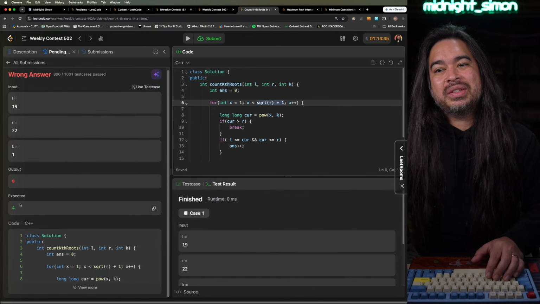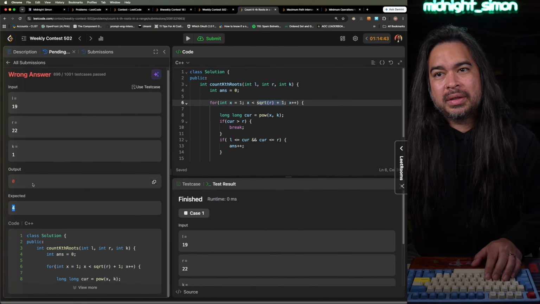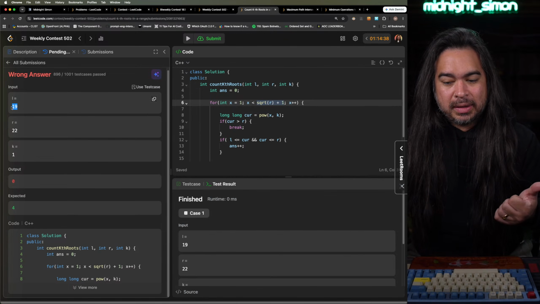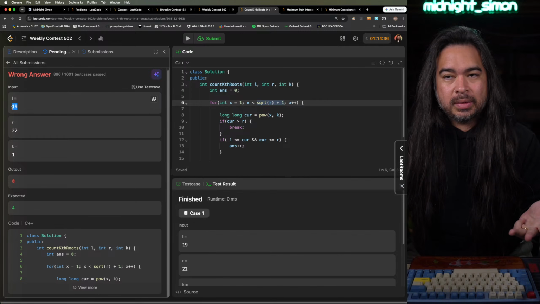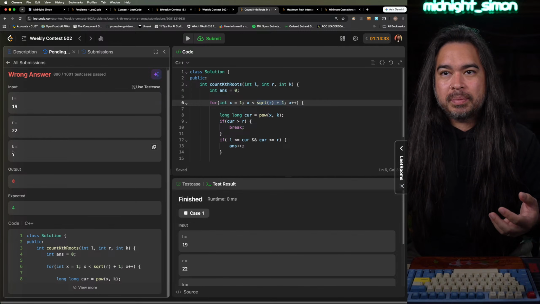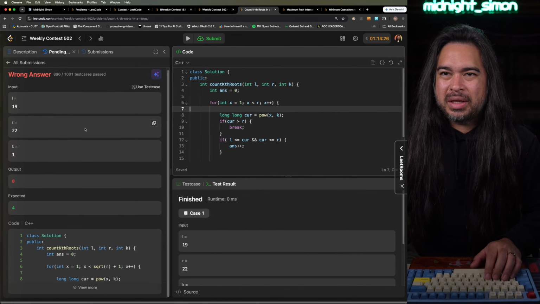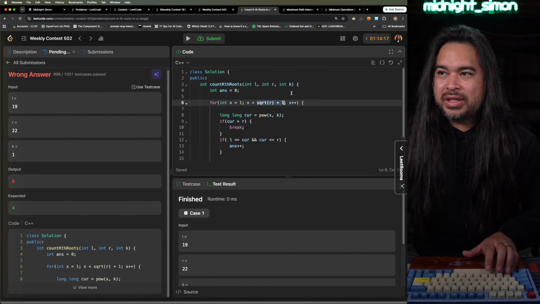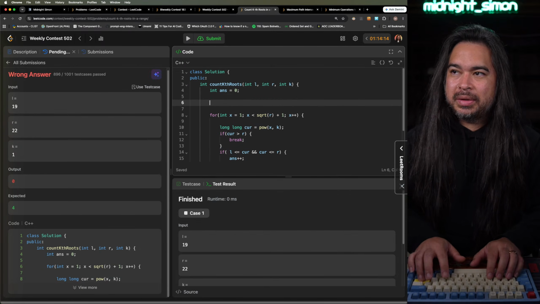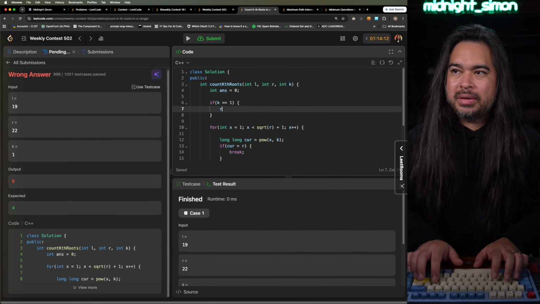So say the answer is 4. Because 19, 20, 21, 22 to the 0th or to the first power, right? So I'm wondering if this should just be up to R, but then a billion is too much. Is this an edge case? I don't know. So if k equal 1,